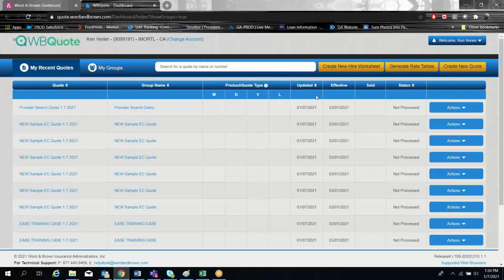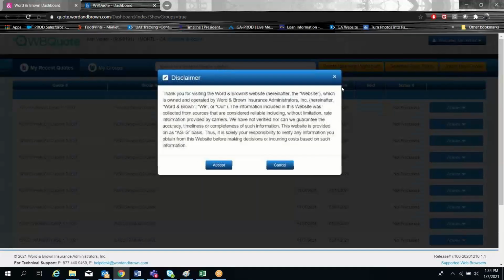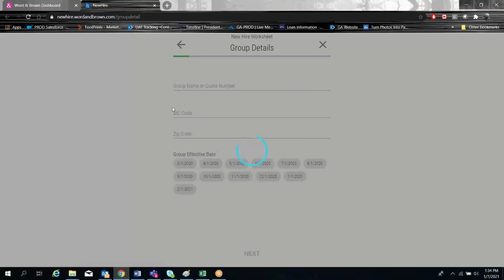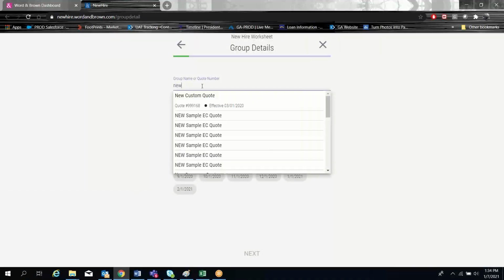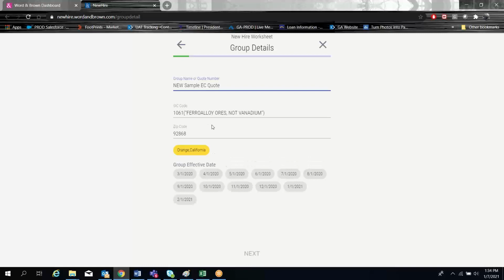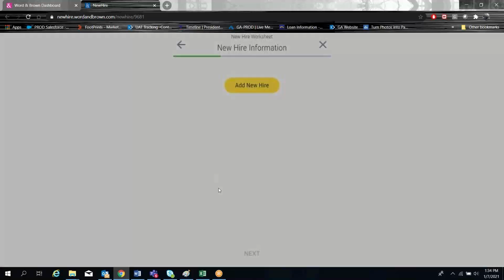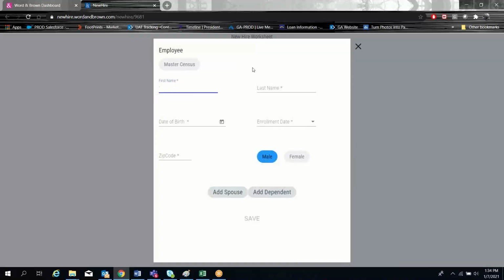You also have the ability to run New-Hire Worksheets by clicking the New-Hire Worksheet button. And just as before, by starting to type in the group name, you can select a specific group you were working for, and it will bring in the data for that group, including the SIC code and the zip code. All you'd have to do is select the group's effective date, and then